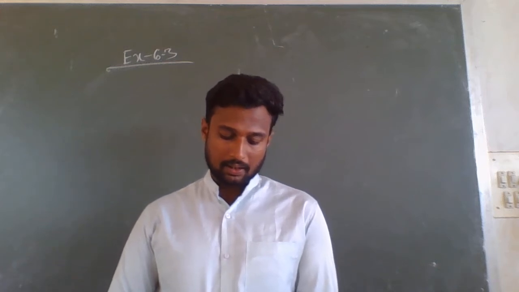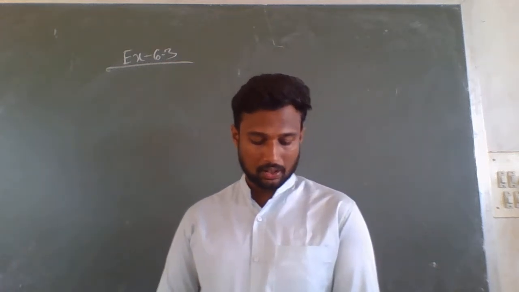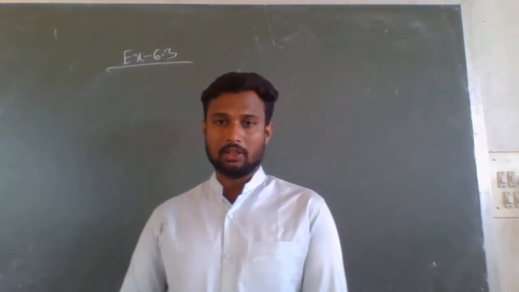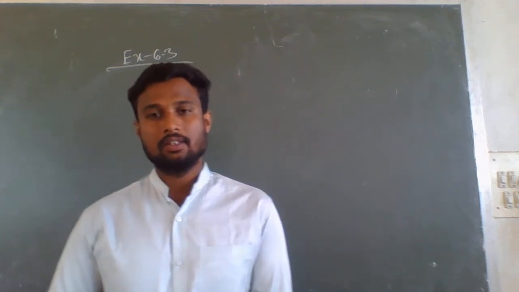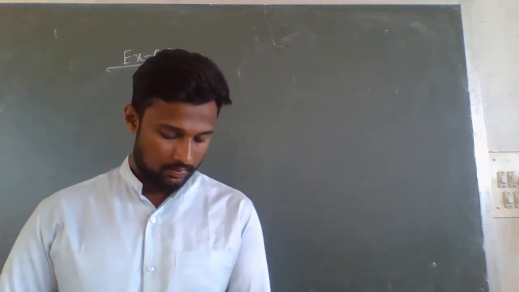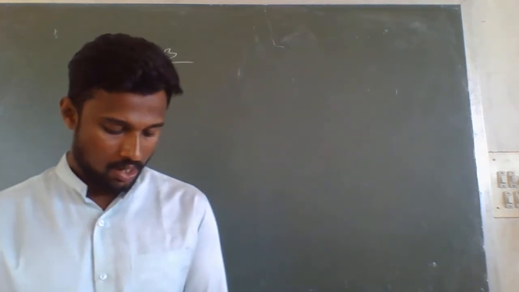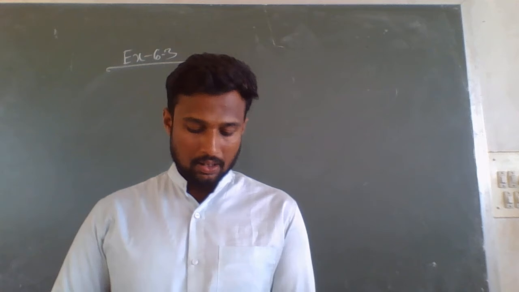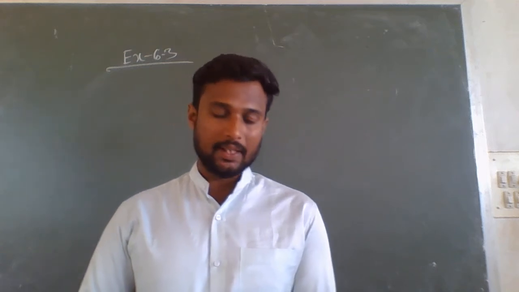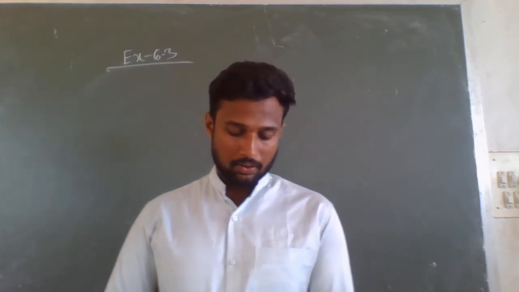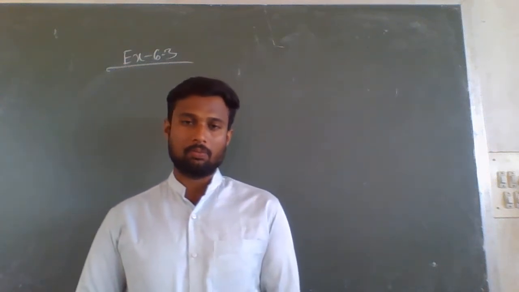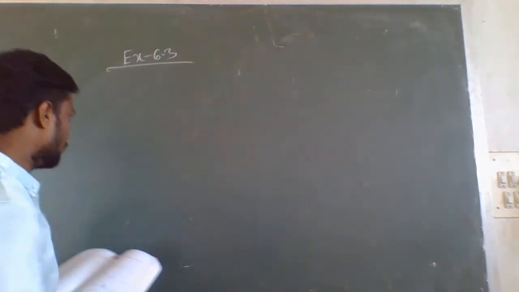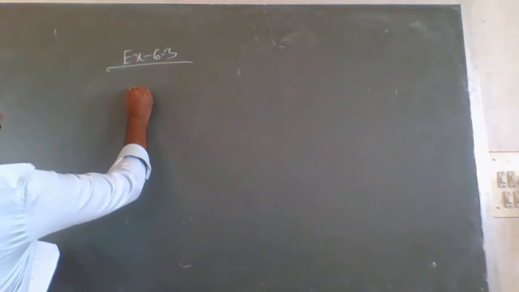Write the similarity criterion used by you for answering the question. We have to mention the similarity criterion used to mention those triangles as similar triangles. And also write the pairs of similar triangles in the symbolic form. We have to write pairs of triangles in the symbolic form if they are similar. So in the first pair of diagrams, what is given here?